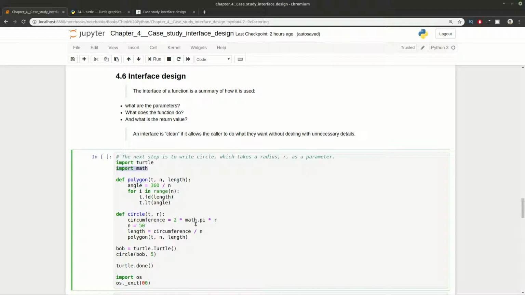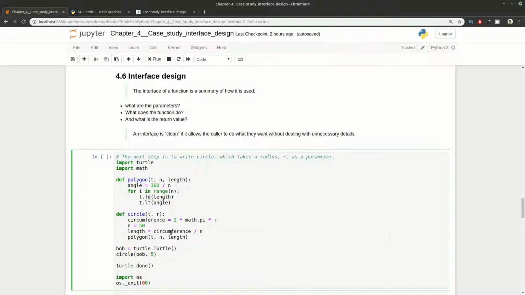Then we're going to get the number pi. We're going to calculate the circumference, and finally we're going to use the function polygon, as you can see, which can be reused for this purpose with some approximation, and finally draw a circle.